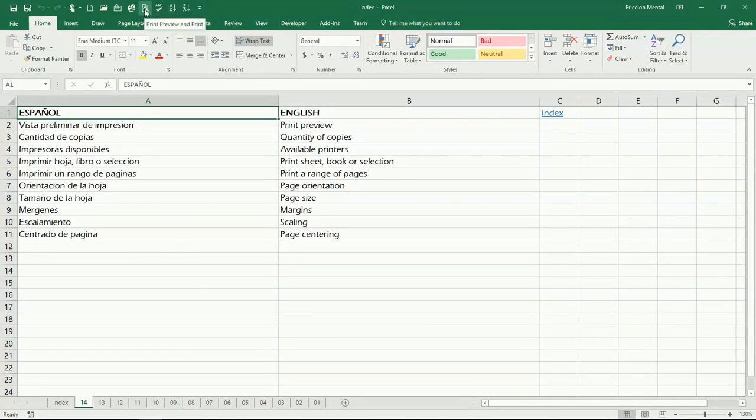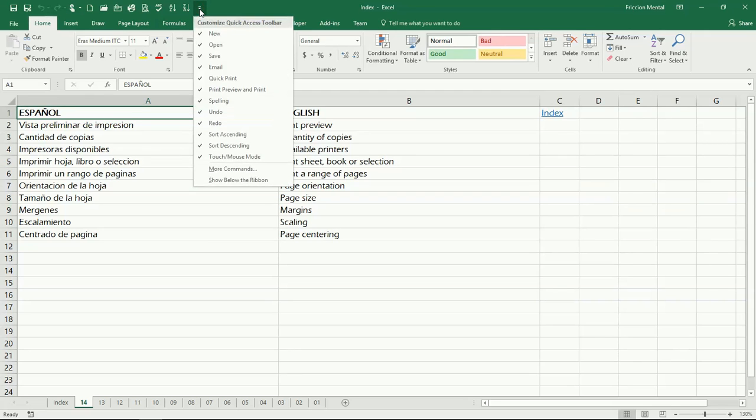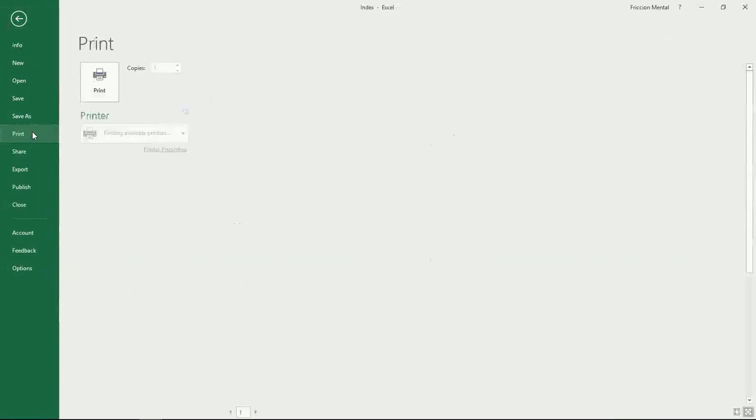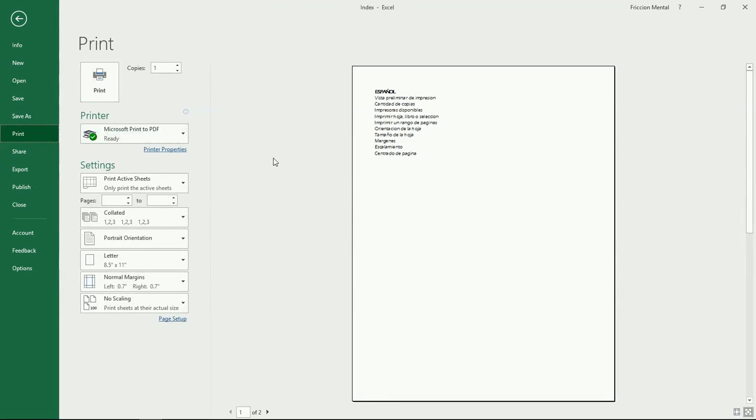You can just click here on the print preview icon. If you don't have it enabled, just come here to this down pointing arrow, click on it, and it's the customize quick access toolbar, so you should have it right here. Just click to enable the option, and you can also go to the print preview by going to the backstage view. Just click on File and then go to Print, and well, this is the print preview